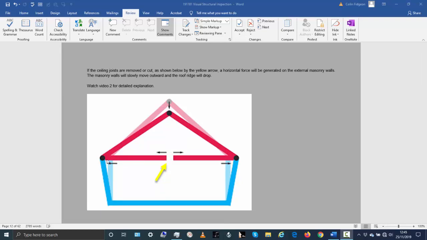Say, if you were to create a cathedral ceiling, it would involve removing this horizontal ceiling joist here. If you remove or cut this horizontal ceiling joist, one of the consequences is it will put an outward pressure, or an outward thrust, on the external walls here and here.